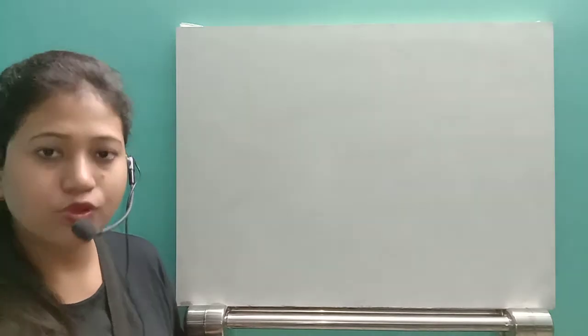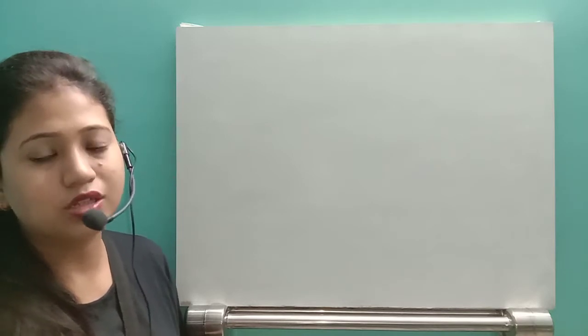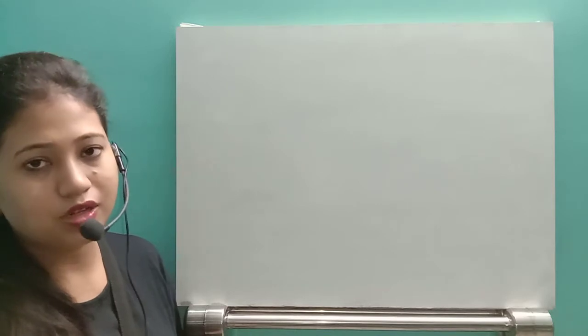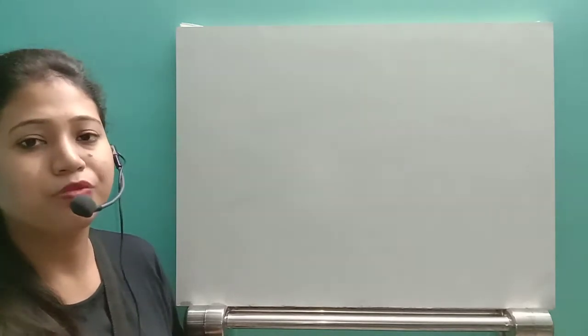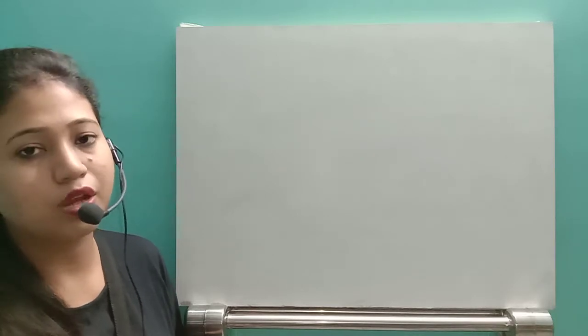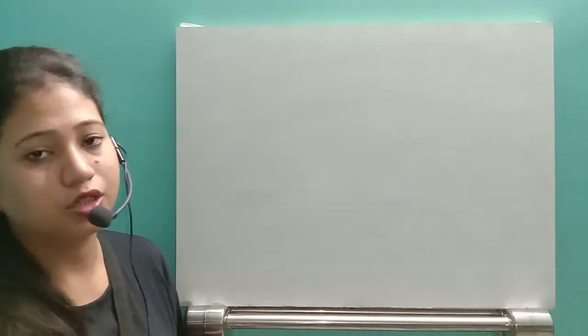Hello students, today we are going to start the next step, that is the mechanism of urine formation. In the earlier video we mentioned that the human excretory system is made up of the kidneys, both the two types of kidneys we have. Then from the kidneys the ureter comes out. Both the two ureters release urine and store it in the urinary bladder. And then the next step is the removal of the waste product from the urinary bladder to the exterior, that is the urethra.